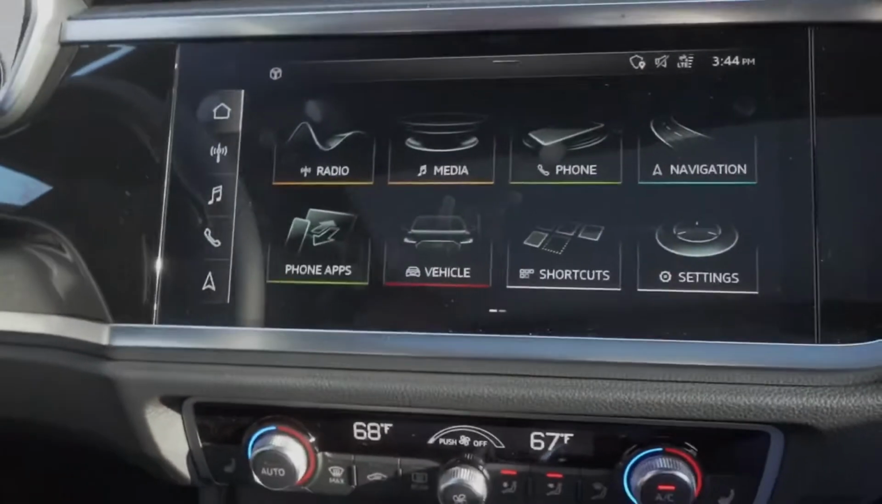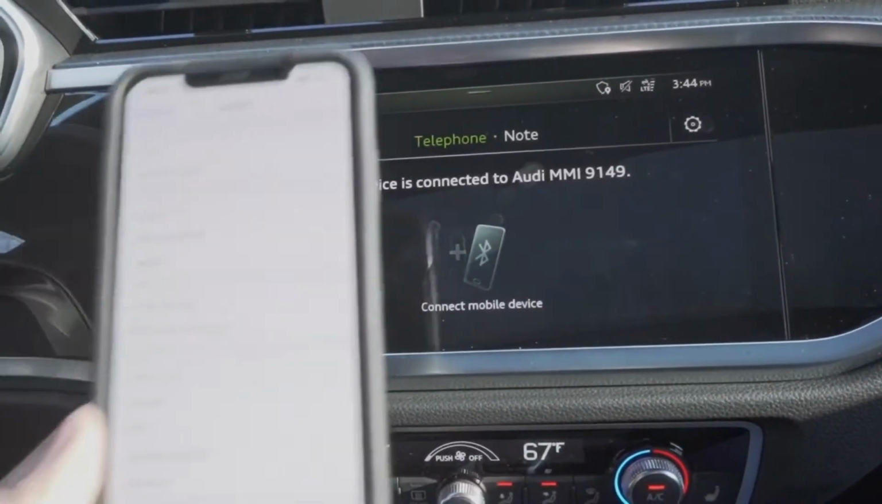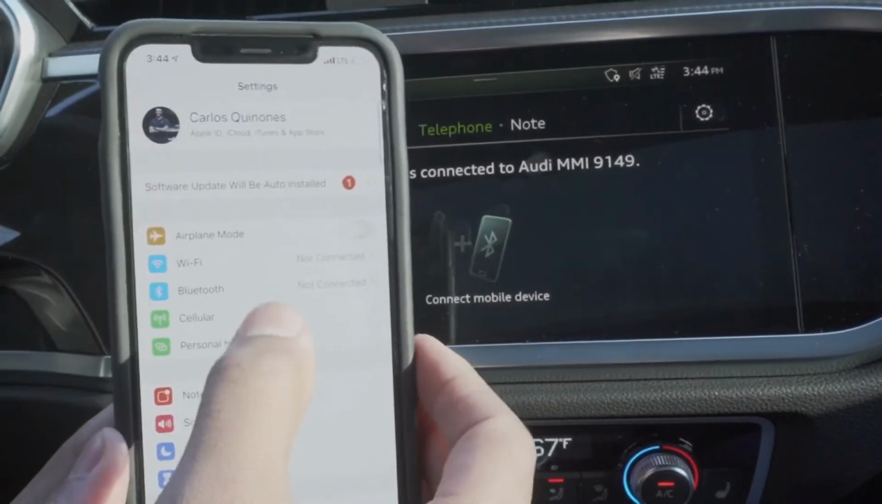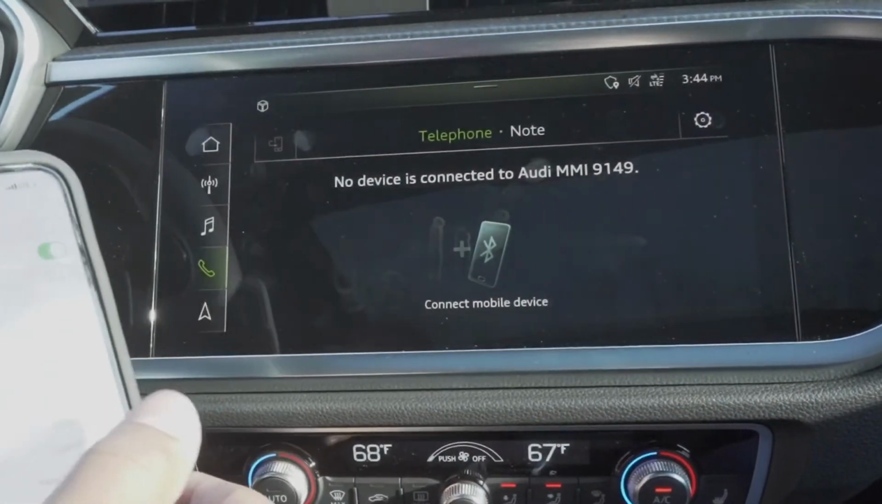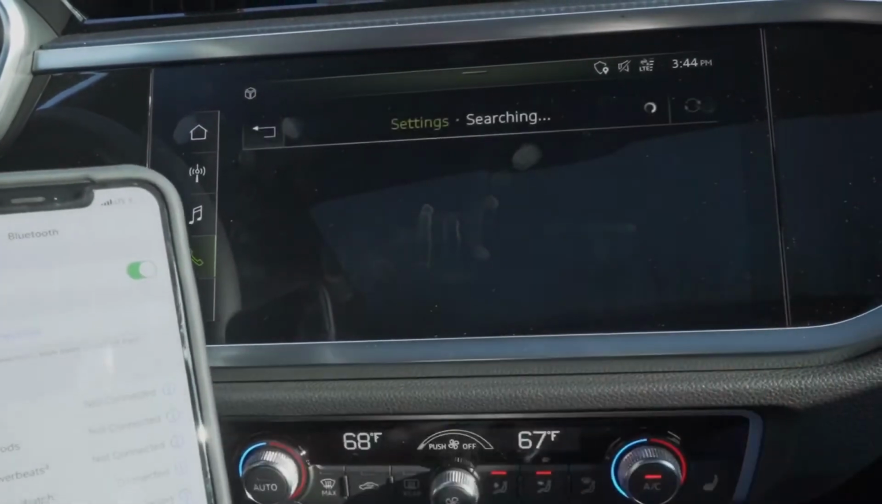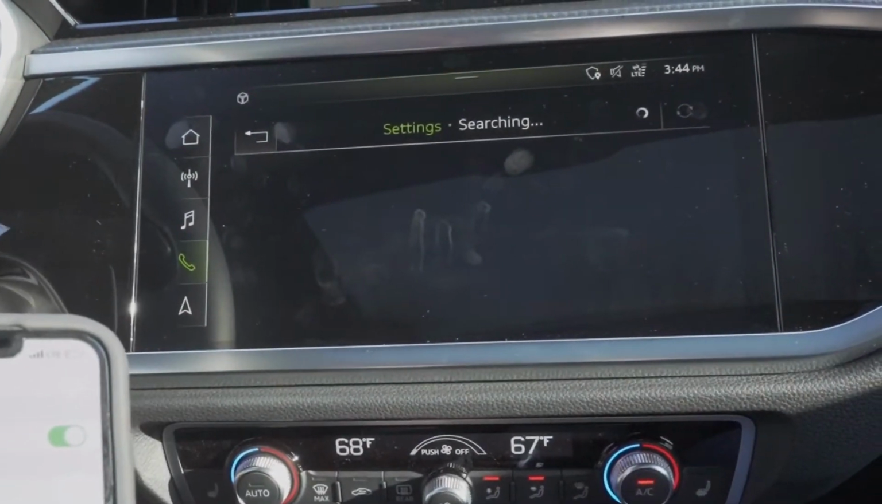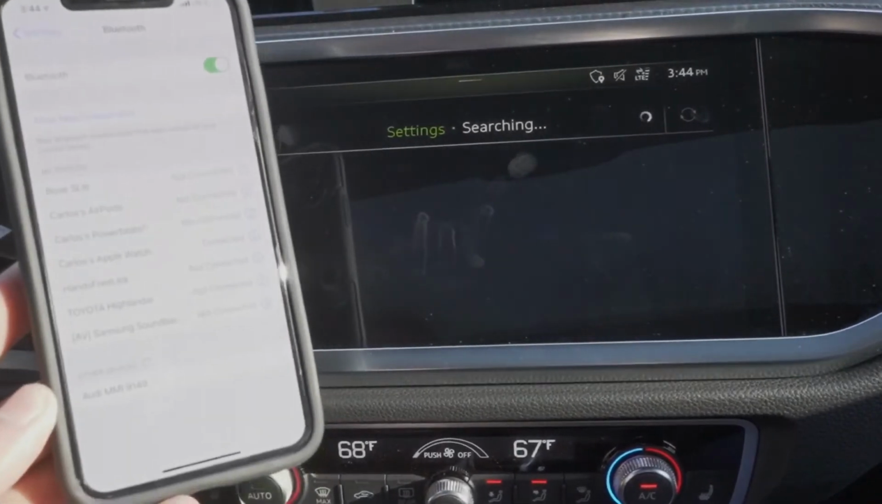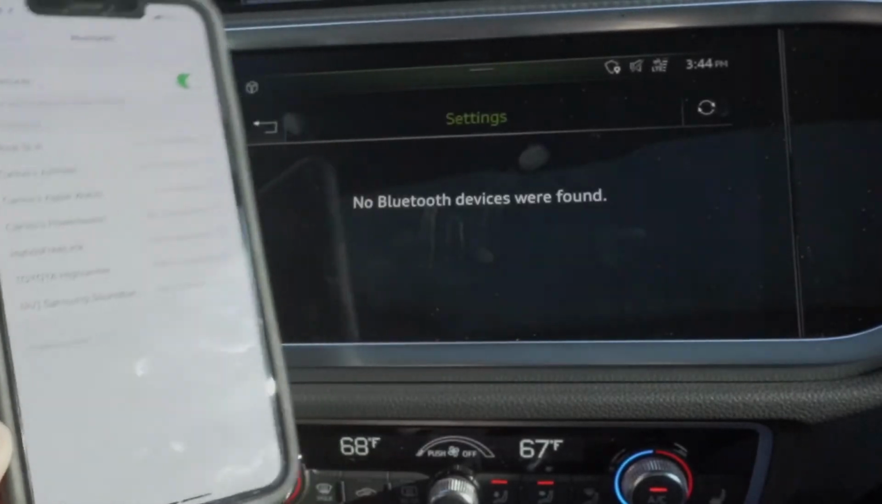Let's take a look. So you have to go to your screen first, your primary screen here, and you choose phone, obviously. And you want to go to your phone here and choose Bluetooth, and keep your phone open in that menu. So from there, you want to connect mobile device, touch that there. And it's going to start searching, and as you can see, Audi MMI down below. Choose Audi MMI,